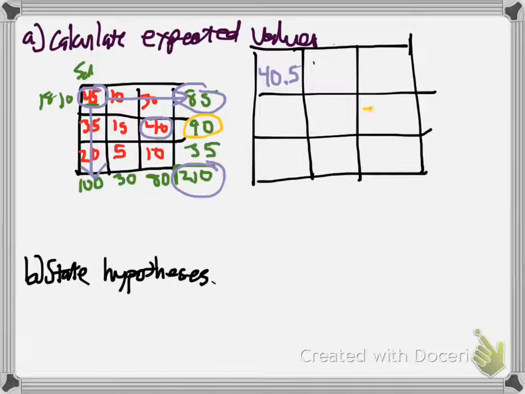So 34.3. And I'm going to pause it and finish out the rest of the matrix, but you do as well. So pause it and fill it out. Okay, so I did the whole table. Hopefully you got just about these numbers. Now, you should be able to add these margins. When you add the margins, they should be the same